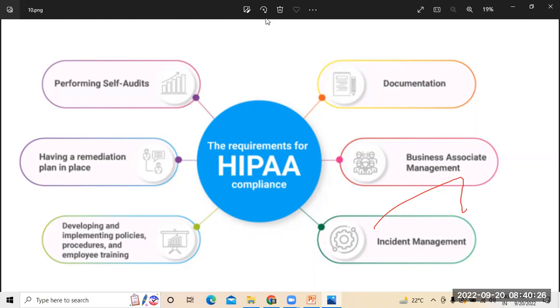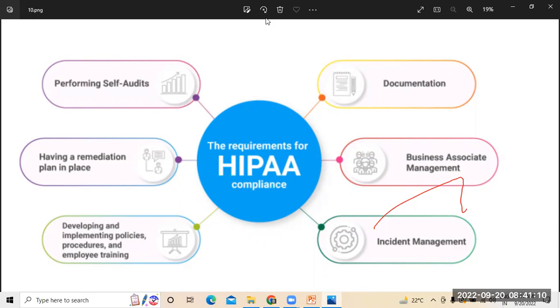So how are we following to implement these policies and procedures? All these things come under the HIPAA compliance part. So these all come under developing as well as implementing the policies and procedures, especially. That detailed documentation has to be prepared. At the same time, what kind of training and what type of training is to be provided to the people who are involved in HIPAA compliance and all. These are the major requirements used to implement the HIPAA compliance part in